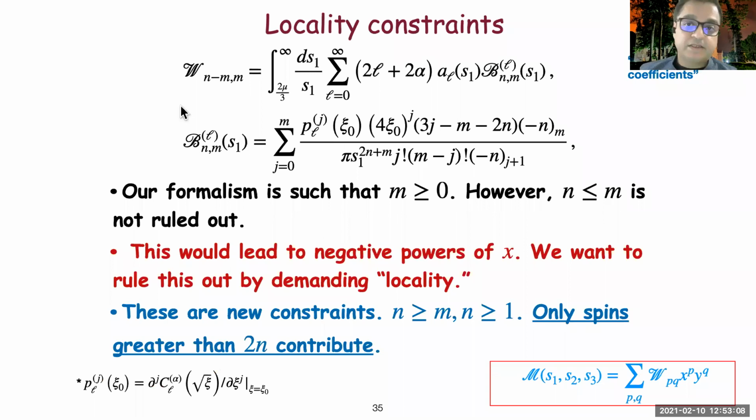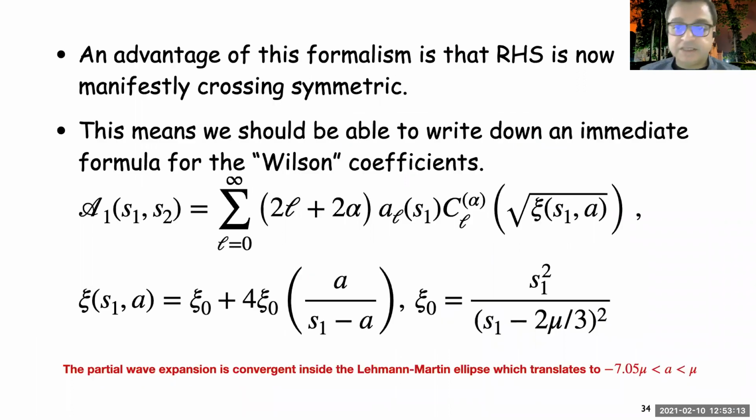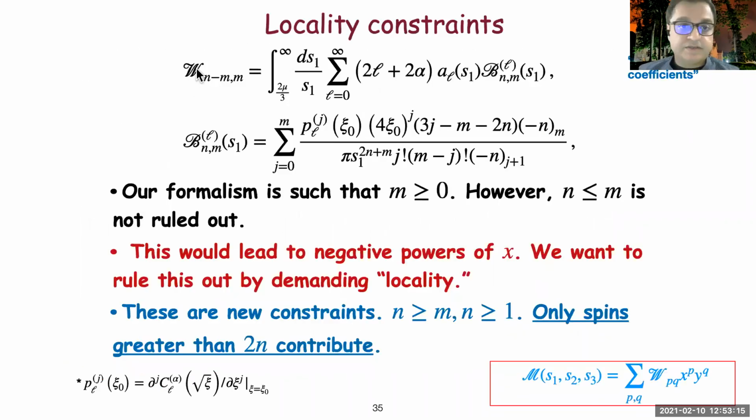Once you have that, it's a very easy exercise to do. You just have to match powers on both sides. You get a very nice formula for the Wilson coefficient straight away. It's not a sum over Wilson coefficients, it's just each Wilson coefficient. And you get a nice integral representation of this kind in terms of the absorptive part of the partial wave amplitudes. If you are familiar with fixed T dispersion relations, you typically see derivatives of the Gegenbauer polynomials or derivatives of the Legendre polynomials entering these kinds of formulas. Instead of that, you have some